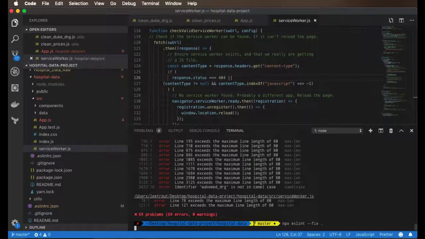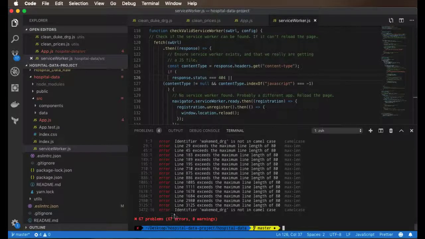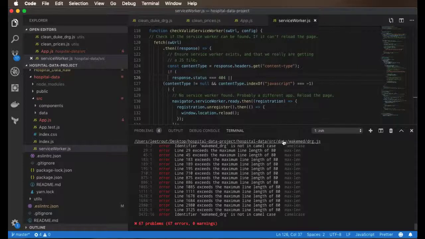So let's run this again, npx eslint --fix dot. So that file now is gone. So we're down to 67 problems. So we're going to go to the next file here,